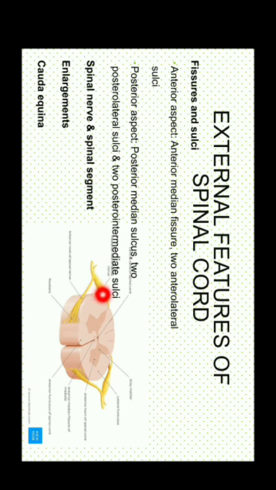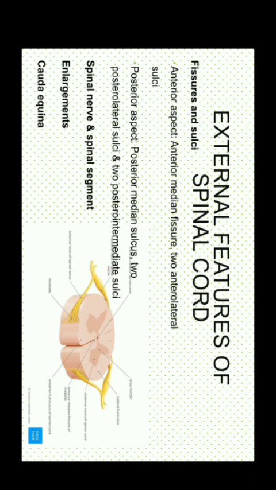This ganglion is present on the posterior root. Let me tell you, the cells within this ganglion are pseudo-unipolar cells. And what is a ganglion? It's a collection of cells outside the CNS. Whenever you find a group of neurons in the peripheral nervous system, you call it a ganglion. So this is one of the ganglia, which is present along the posterior root.